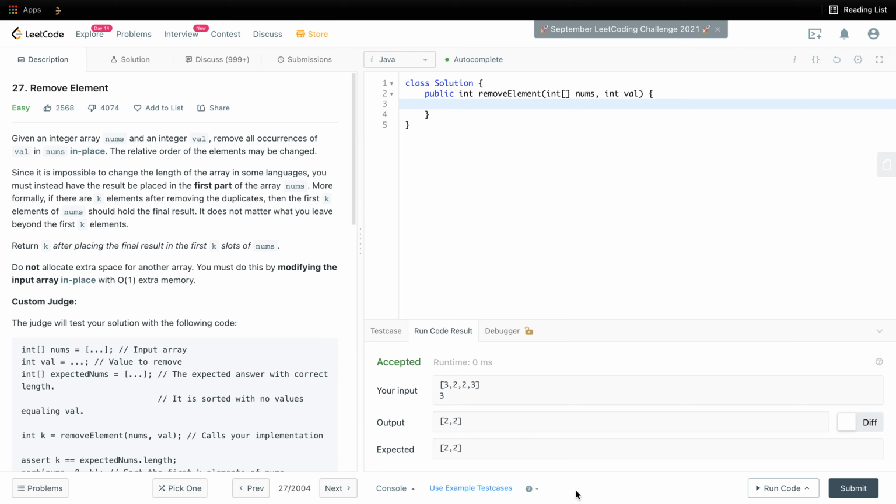Today we are solving the remove element problem. If you have watched my last video, we were solving remove duplicate elements. It was very similar to this problem. In this problem, again we have one integer array, and we need to remove a given element from the array, and